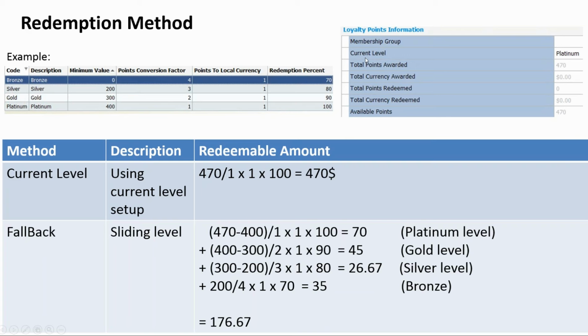Now, you can see over here on our member information that at the moment they've been awarded 470 points, and they are currently on the platinum level. If we use the current level redemption method, then it's a very straightforward calculation. 470 points is equal to $470. However,